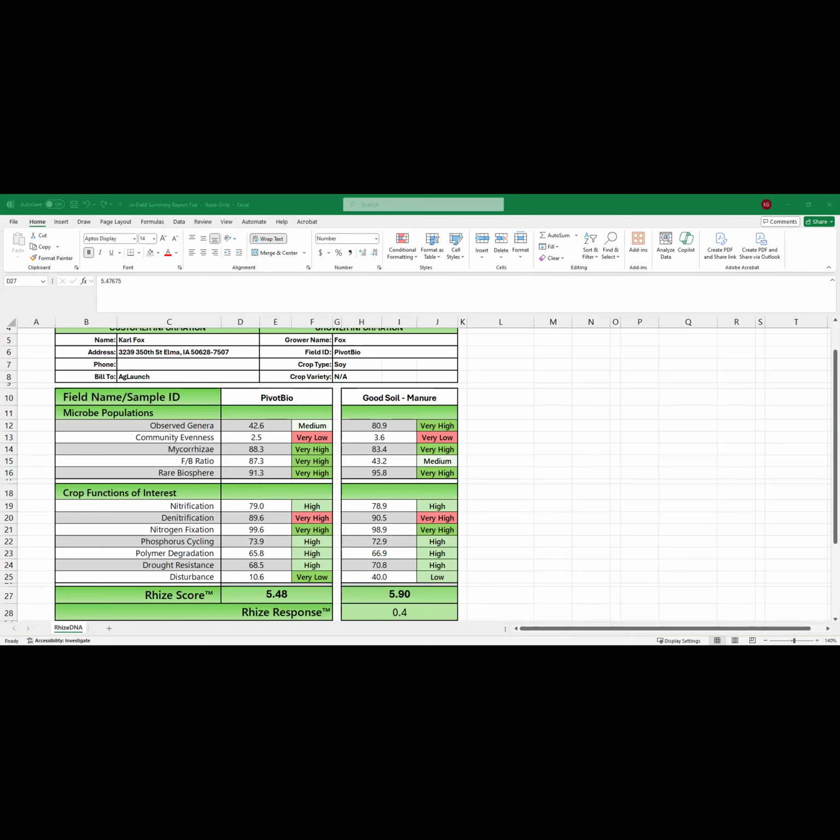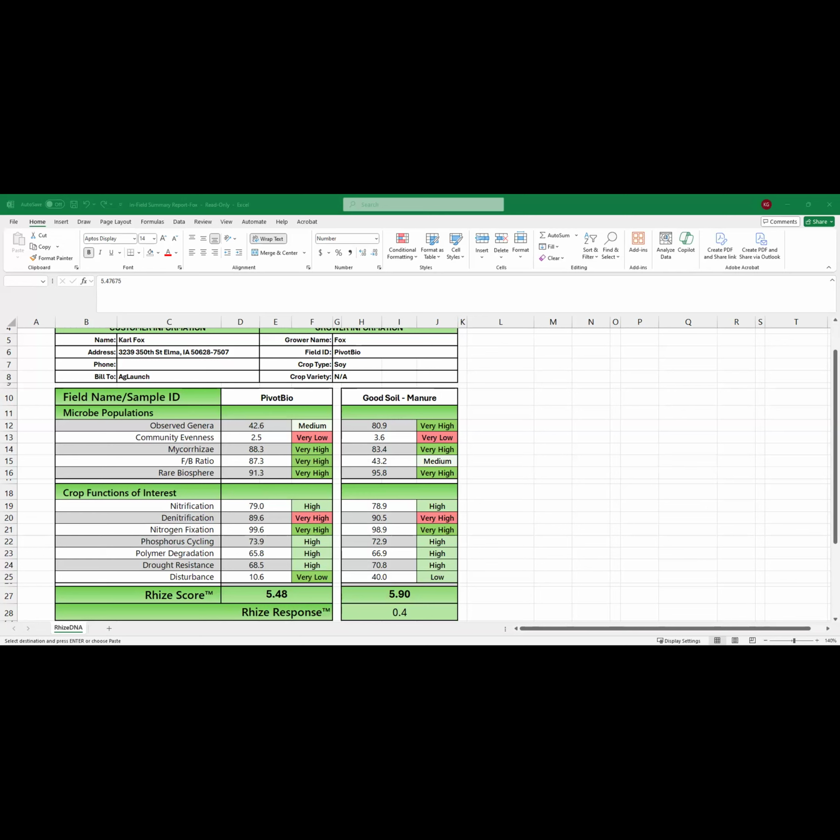Just to give you some background, Pivot Bio sells a 2 species nitrogen fixer, so it's really, really strong at fixing nitrogen. One thing we do notice though is that typically with a powerful microbe, you often get a little bit less competition in the community evenness. So community evenness is essentially